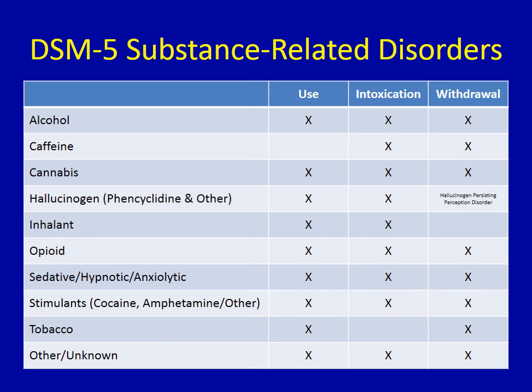So there are many substance-related disorders that are included in this category. So remember that there are different diagnostic criteria for disorders associated with substances in 10 different categories. So there are over 30 substance-related disorders in this section of the DSM. So for most of the disorders, we have diagnostic criteria for substance use, substance intoxication, and substance withdrawal, but there are some notable exceptions. So for example, there are no diagnostic criteria for a caffeine use disorder.